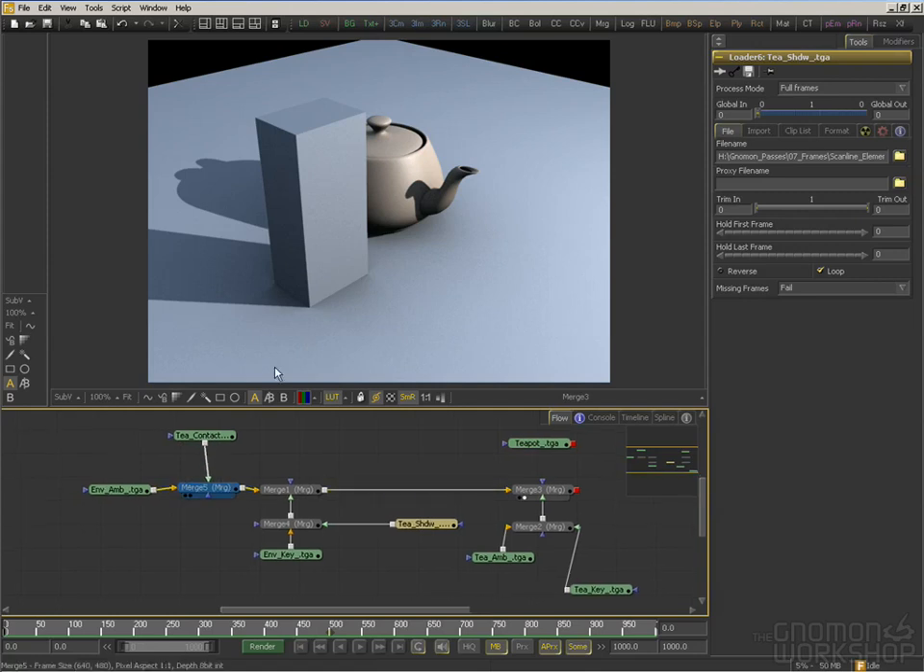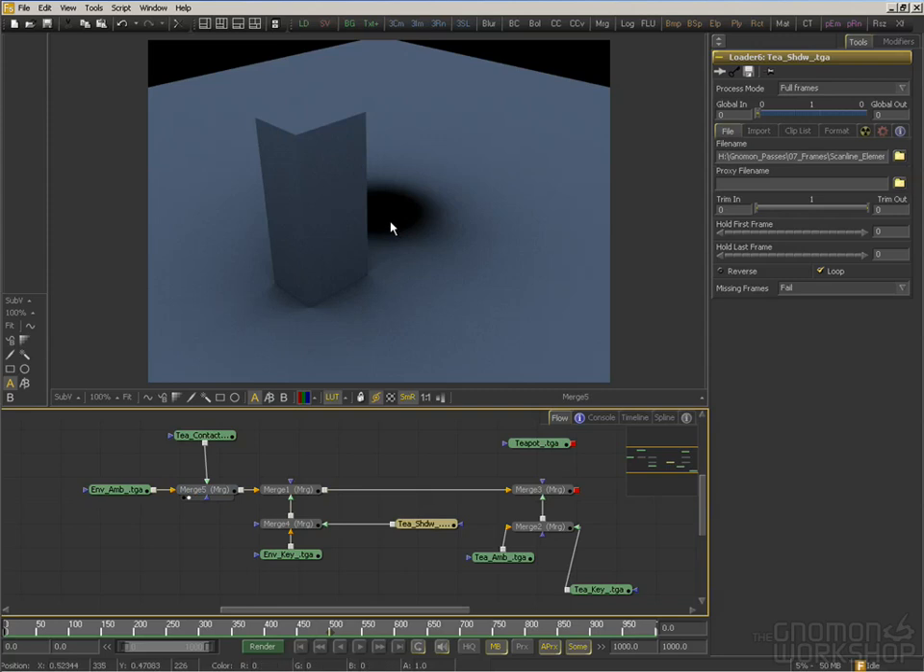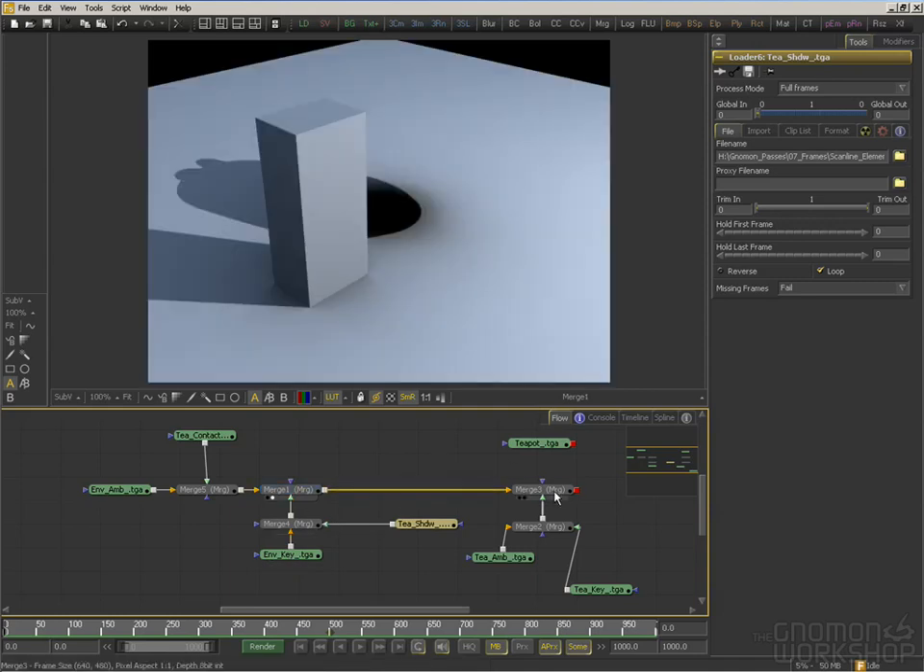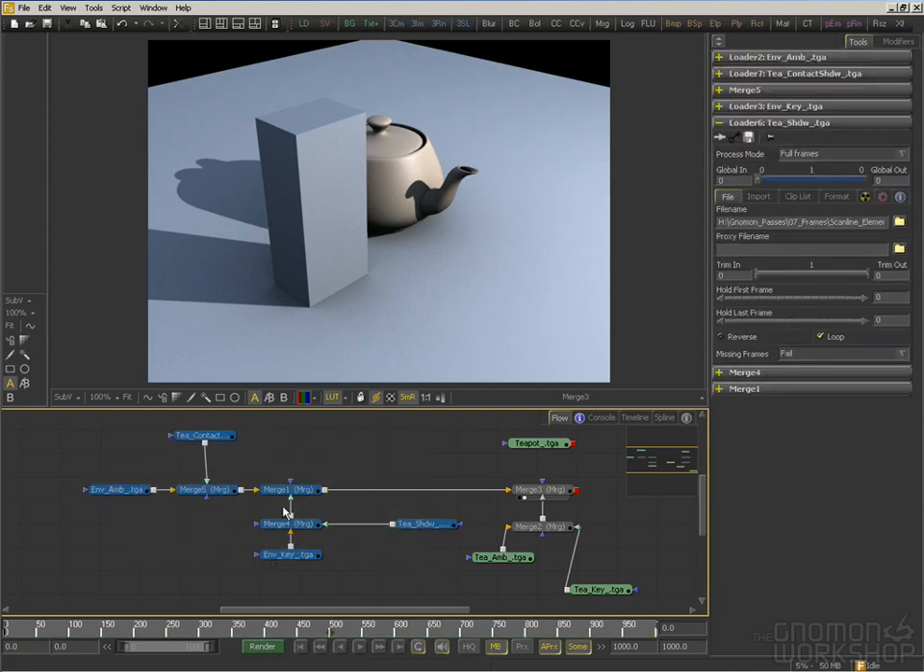We could probably create this just by taking the teapot and making it invisible to camera, and then we only have one pass. And the same goes for this. If the teapot was invisible to camera, then we could render the key pass of the environment and get this. And it's true that if we did that, this would go back together exactly right. There'd be no problem. The reason why you might not want to do that is